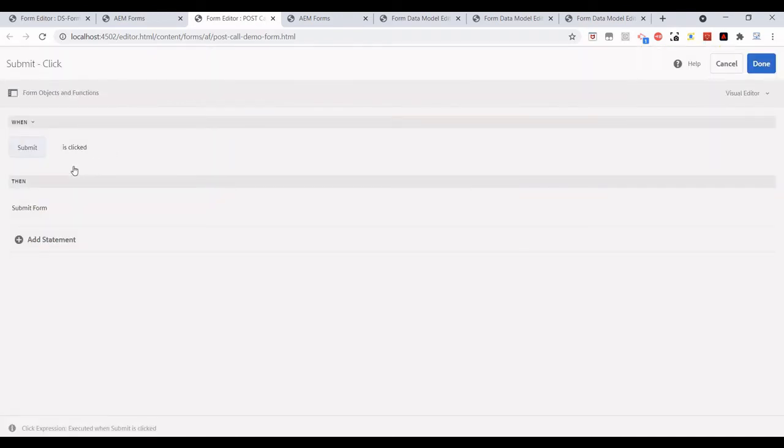What we are doing is adding a rule on the submit button. When submit is clicked, that's fine, then we have to do something. So instead of submit form, I'm changing it to invoke a service. The service we are going to invoke is the one we have written, that is the new post REST service.